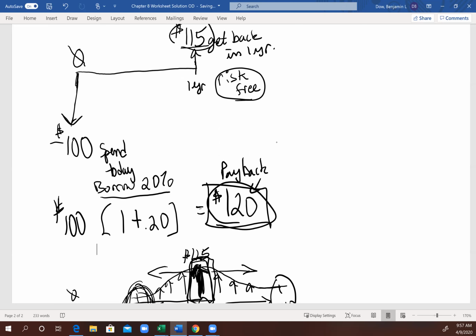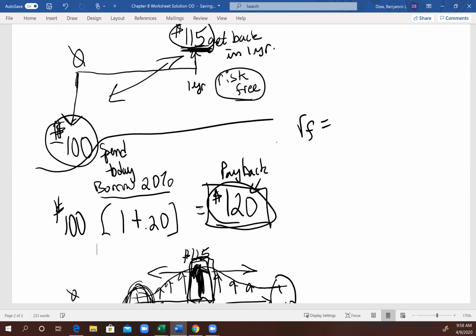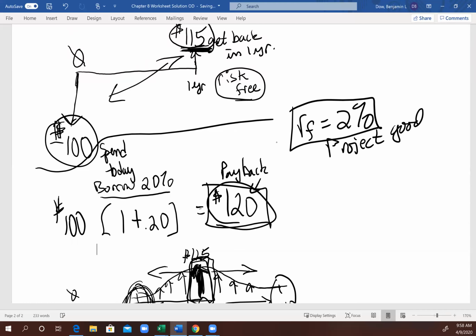if we looked at this problem where we spend $100 to get back 115, is it a good deal? It's a good deal as long as the appropriate interest rate is less than the return that this project earns. Okay. So if this was a risk-free security and the risk-free rate was, say, 2%, then this project is absolutely good. Okay. But if this is a risky project,